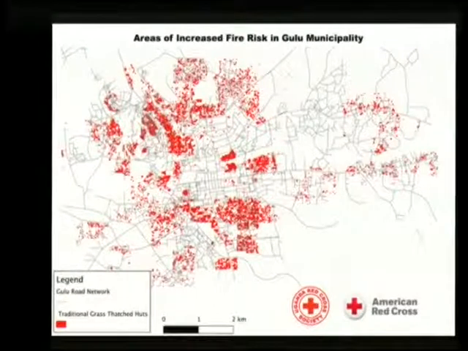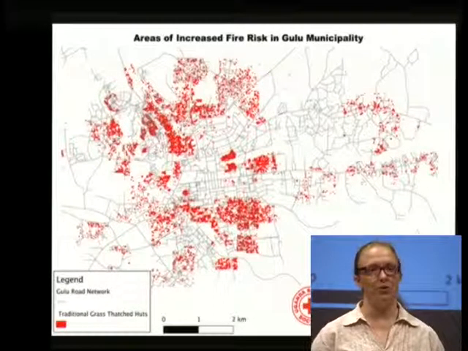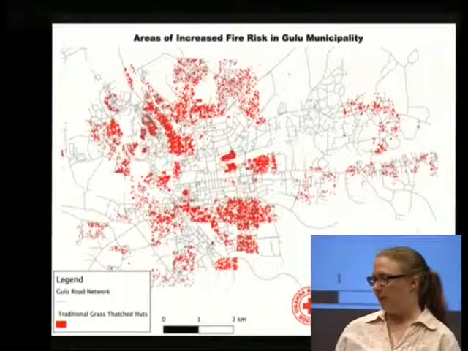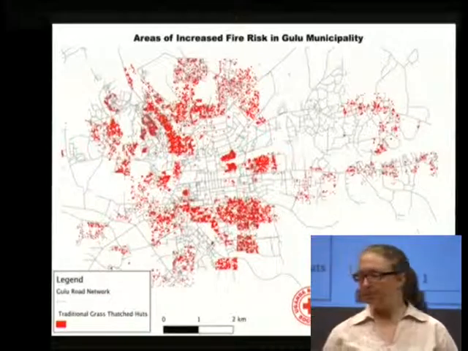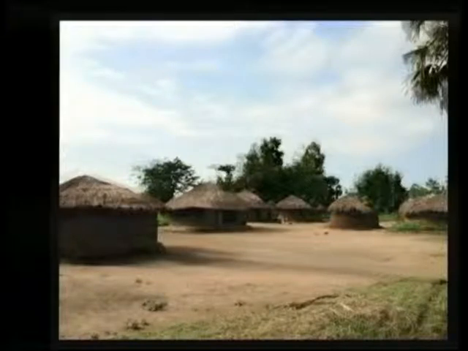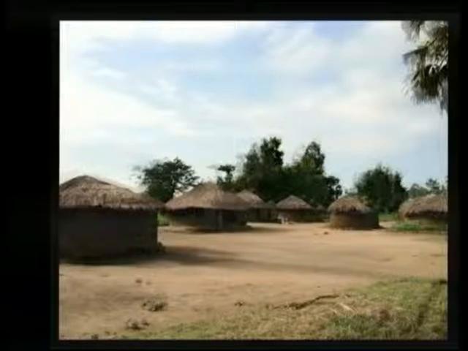And we also work quite a bit with the American Red Cross. One of the things we do with them is they ask our volunteers to help digitize satellite imagery. And then Robert Banick, who's in their international section, is a GIS person, and goes and gives workshops regarding OpenStreetMap and mapping. So here's the result of that. This is a fire risk map. And I'll show you on the next page why a fire risk map was needed in Uganda. You can imagine these types of huts burn very easily.